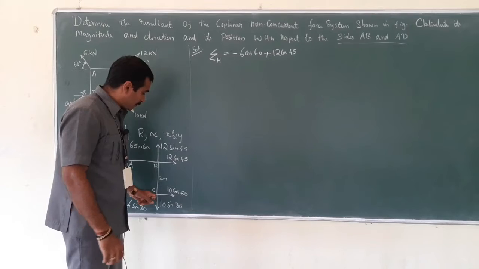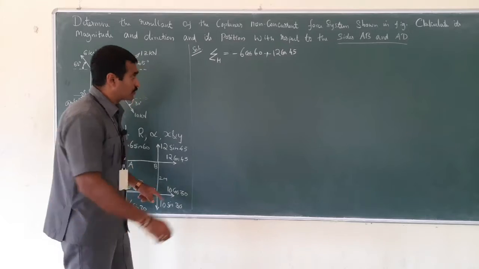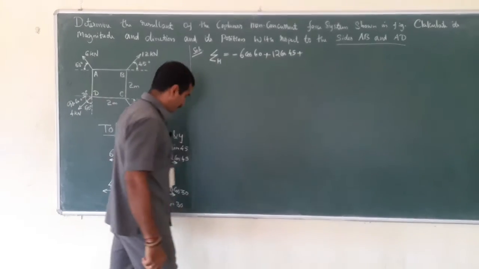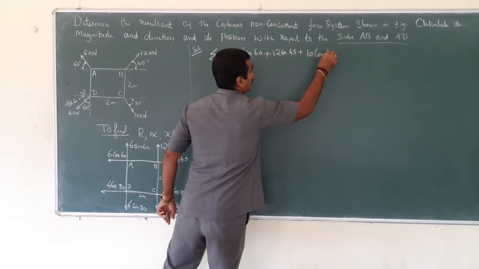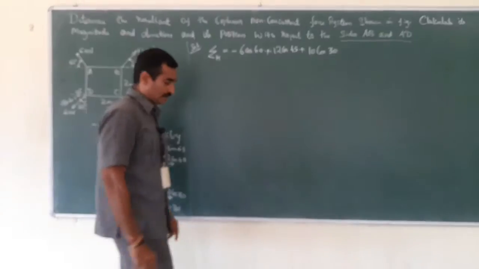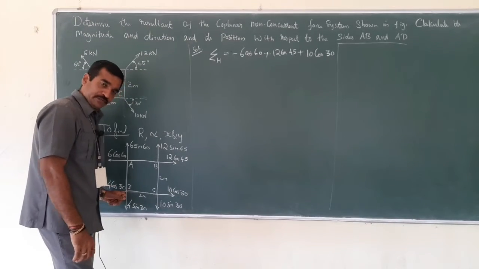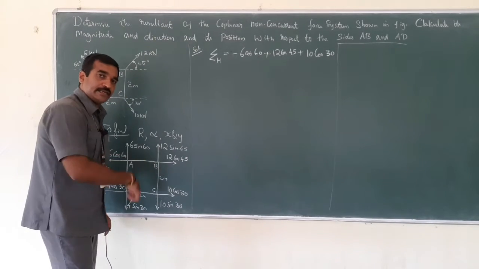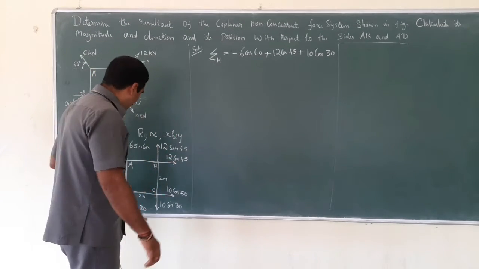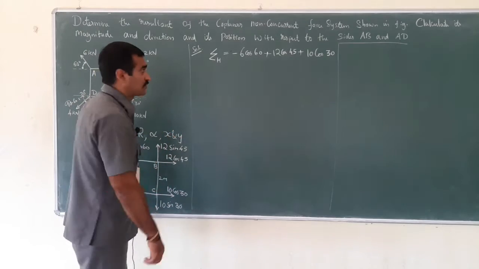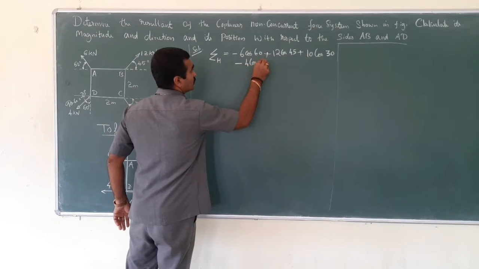Let me just move to point C, where a force acting in the positive x direction carries the positive sign, with magnitude 10 cos 30 degrees. Let me just move to point D, where a force acting in the negative x direction has magnitude 4 cos 30. The arrow is heading towards the minus x direction, so it will carry the negative sign, magnitude 4 cos 30.